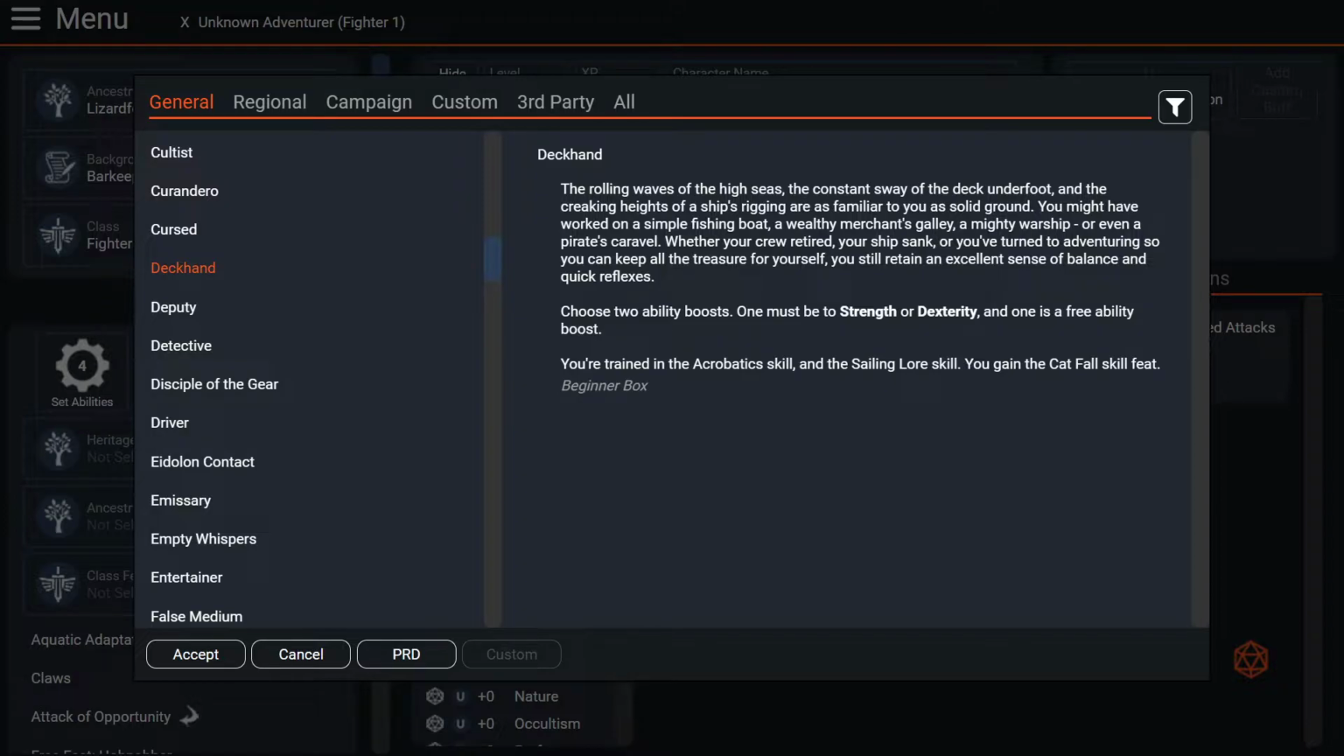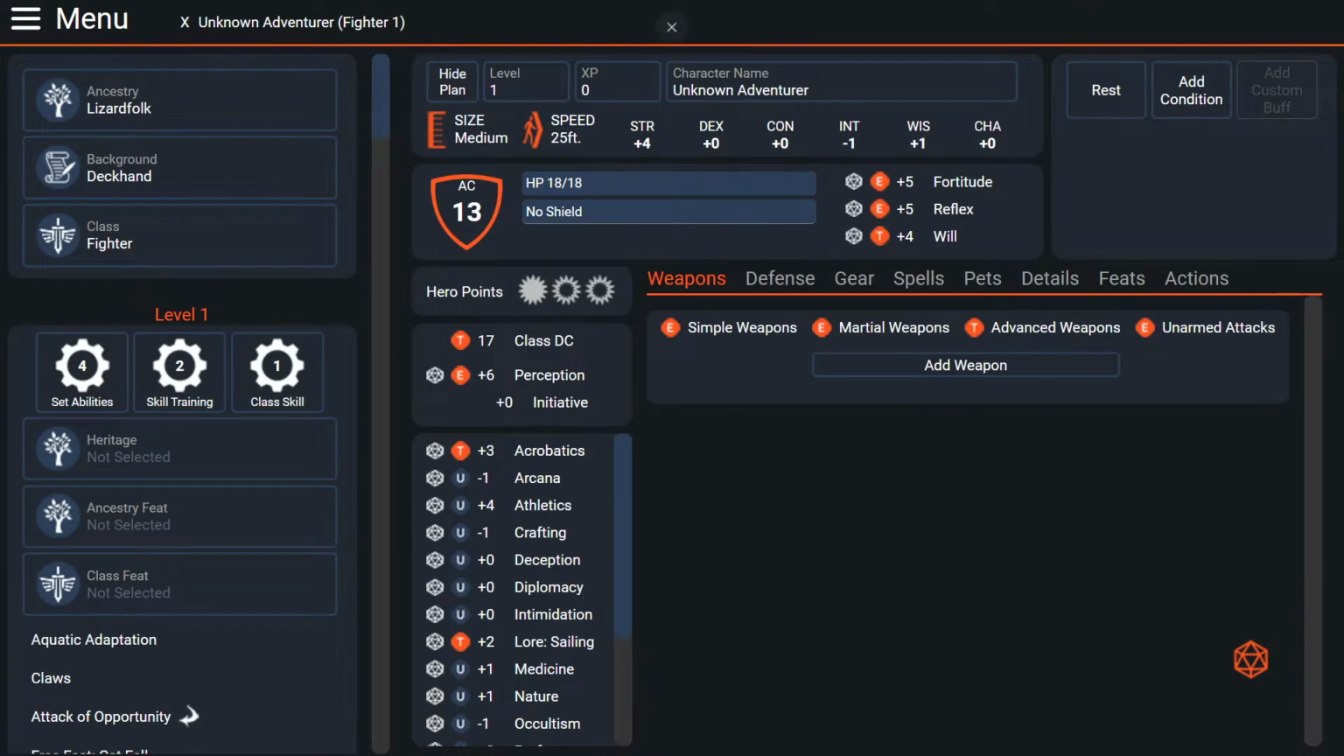I used to work on a boat. This character, lizard folk, in the water already. Sailed the sea a couple times. Comes with a sailing lore. You get the catfall skill, which I think is like you can fall from a higher distance before you take damage. If you don't know what any of this stuff is, it's fine, because the beauty of Pathfinder is